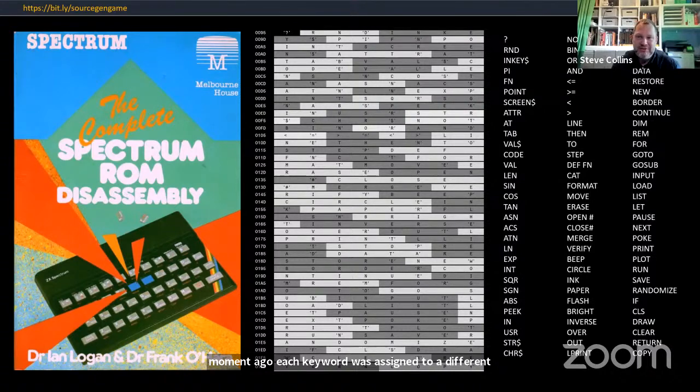The way the Spectrum language parser worked was in a two-phase approach. The first phase was that you could only enter keywords, text, or symbols depending on that keyboard mode that I showed there with the different flashing cursor. So that kind of prevented you from putting in some bad syntax, but it wasn't foolproof. So then there was a second phase where you got to the end of the line, where it parsed the whole line for any errors and then wouldn't let you enter it if it found anything that was a problem.